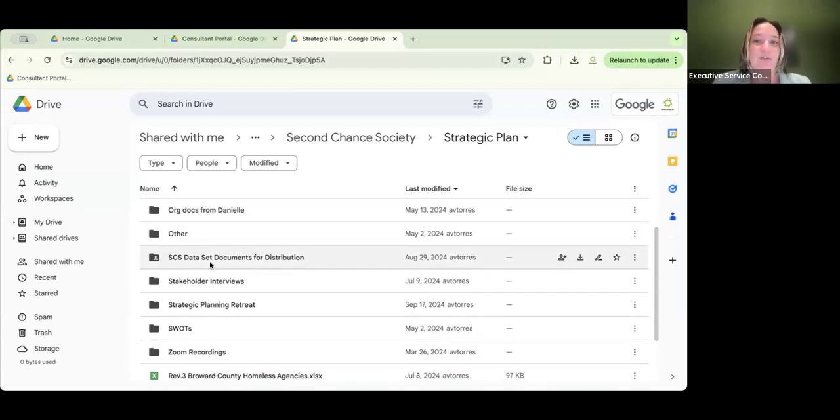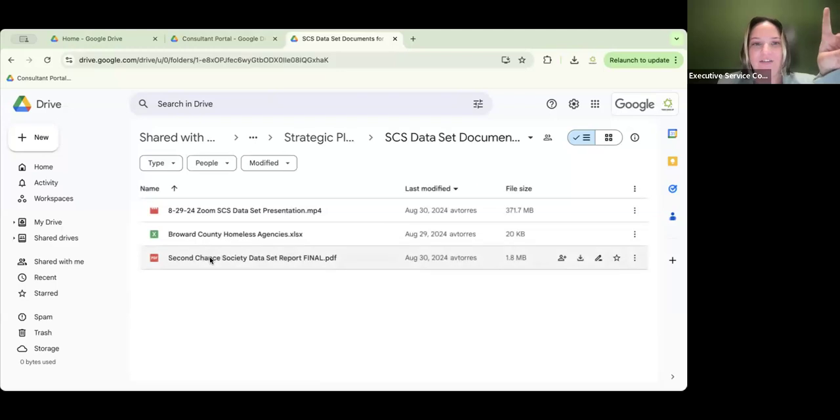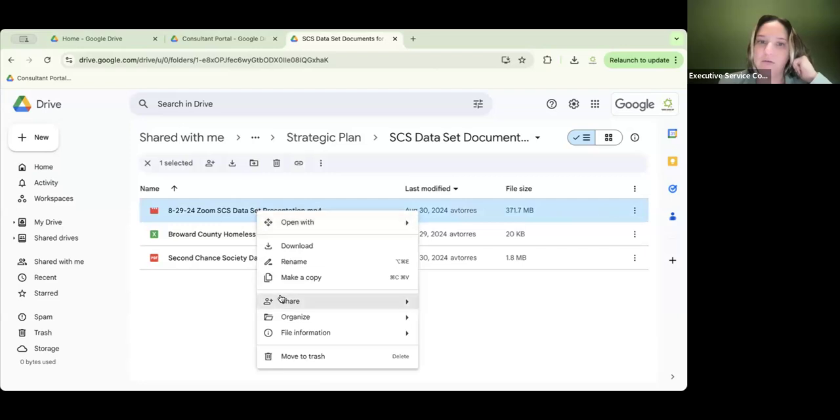dataset documents for distribution. Do we see this folder looks a little bit different? It's got a little guy in it. These don't. That is because this folder has a document that was shared with folks outside of our organization. It was shared with people from Second Chance Society. And I believe it could have been either of these. It was probably this